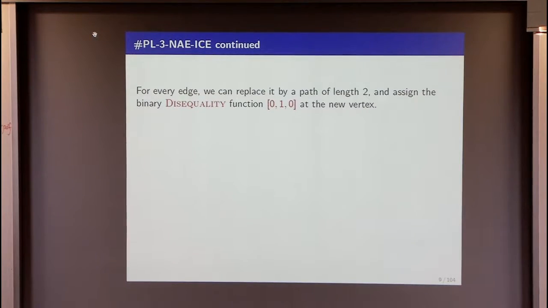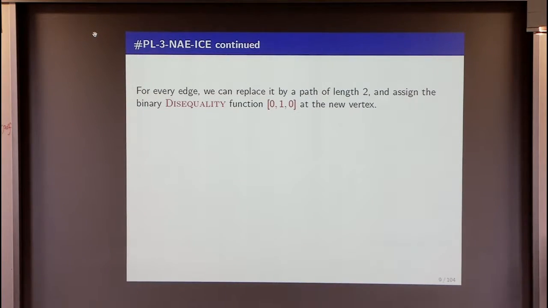Okay, now what about the orientation? Well, there's a standard way to reduce CSP to Holant problems. So in some sense, Holant is a bit more expressive. But here's an example, basically. You take every edge, you do what's called a stretching. You replace it by a path of length 2. And then on the new vertex on the path of length 2, you can have a constraint. So you're basically saying,